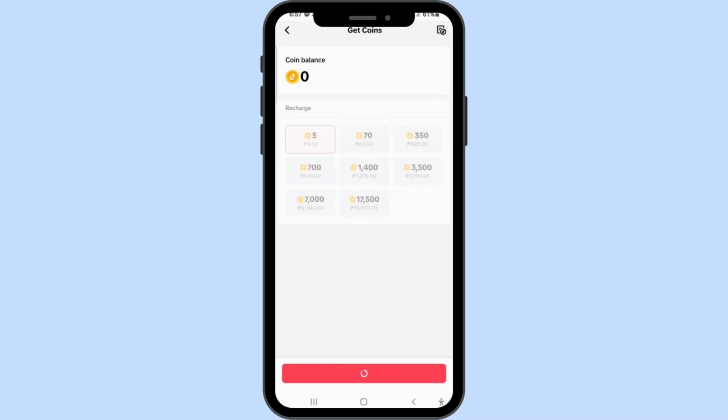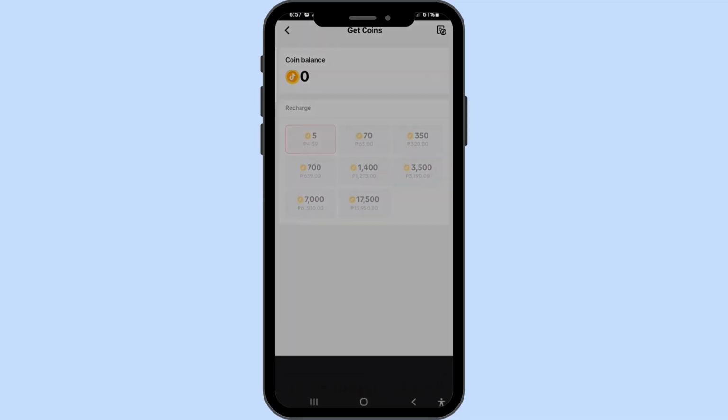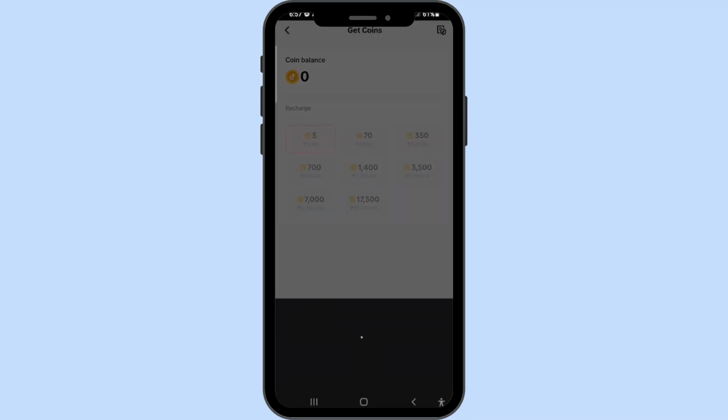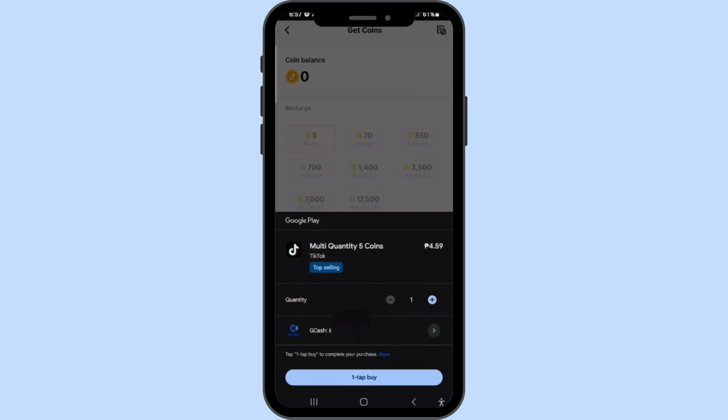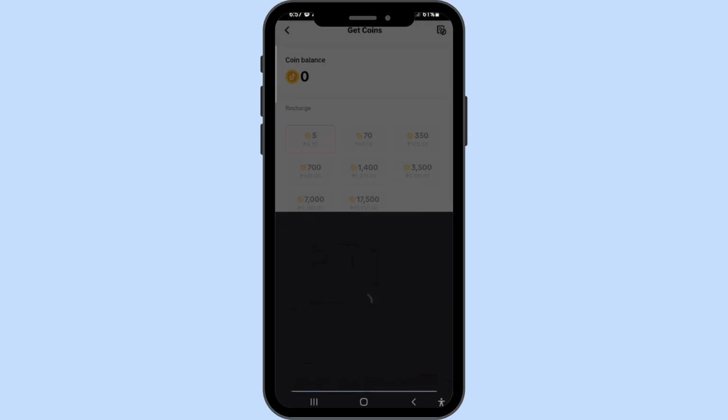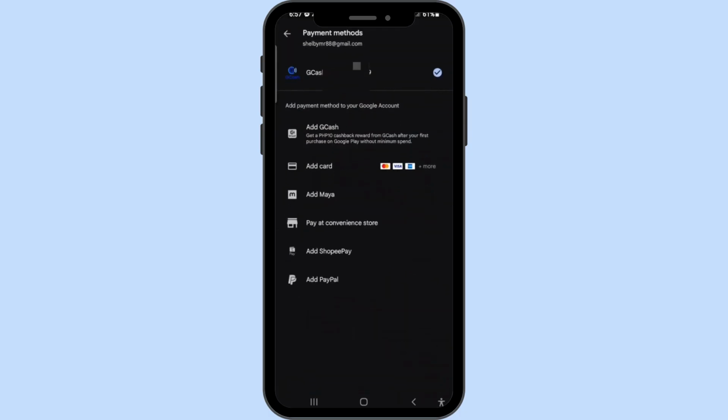Enter your PayPal email address carefully. TikTok will send a verification code to that email or to the phone number associated with your account. Make sure you have access to whichever inbox or device is linked, then enter the code to confirm. Once you do, TikTok will process your payment using PayPal, and your PayPal account will be connected for future transactions